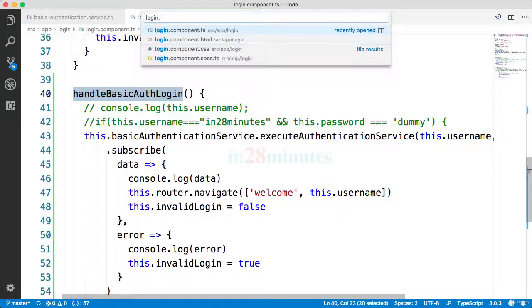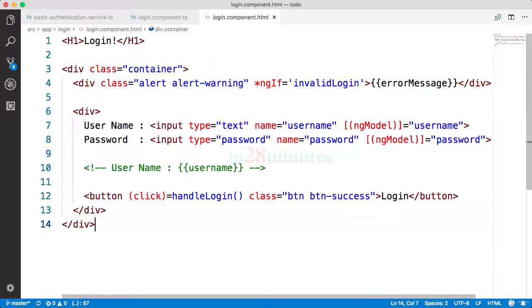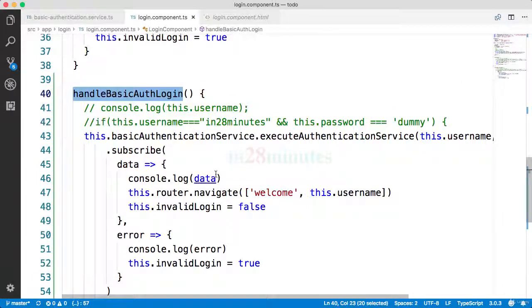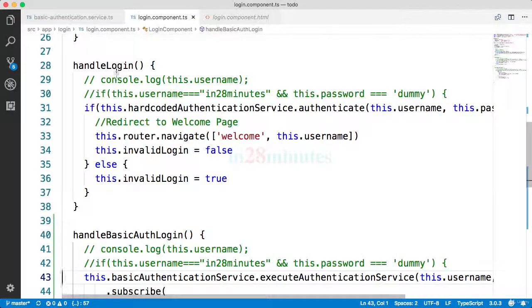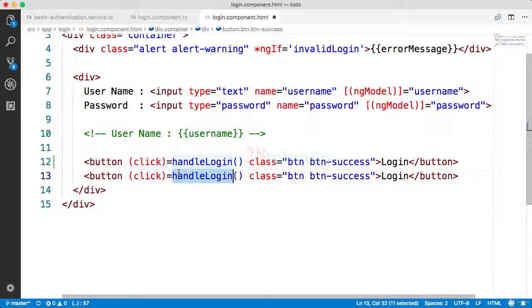Let's go to the login.component.html and over here right now what are we doing? When we are logging in, we are calling handle login. And where is handle login defined? This is the method which is defined. What we want to change to is handle basic auth login. So what I'll do is I'll copy this and replace,